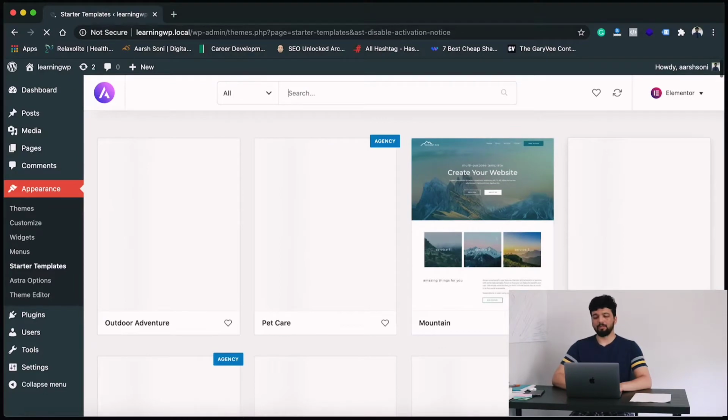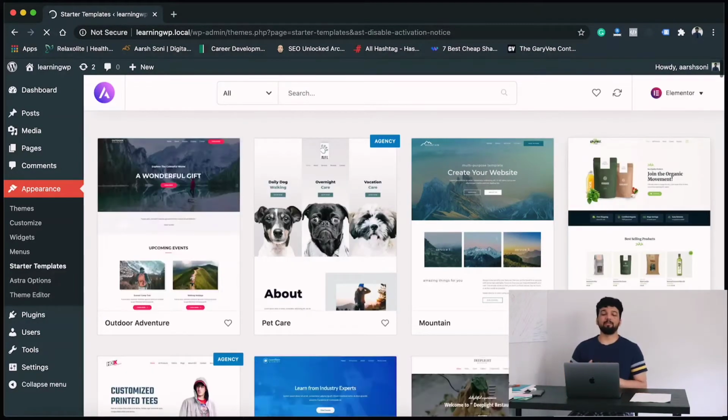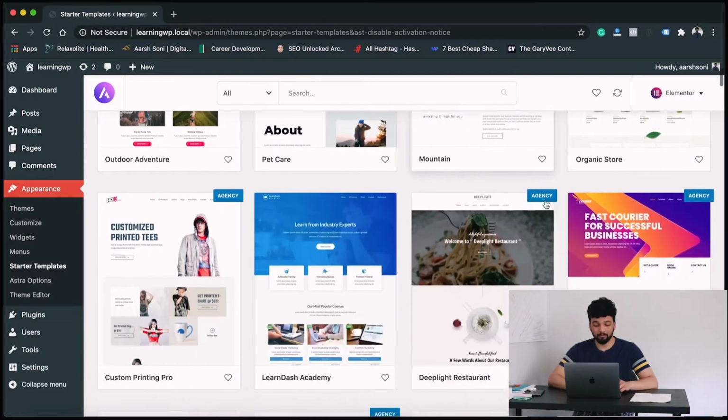And here you go. So it has a variety of different themes. Remember one thing, we need to choose a free theme, which is free of cost. We don't have to pay anything, guys. There is everything that you can do with free themes, so don't think that anything which is paid is better than the free version. You can do everything in the free versions too. Just click one of the themes, whichever you like, and the ones you see here on the top which say agency, those are the paid themes. So don't select any one of those.